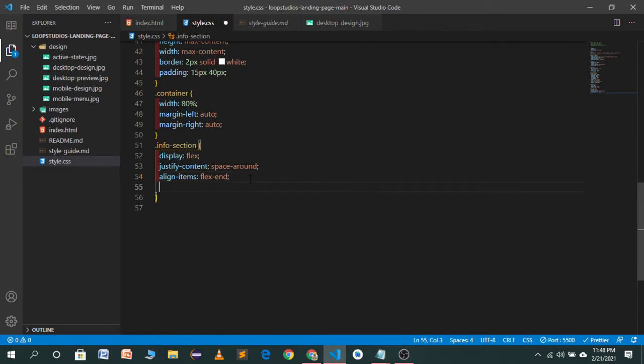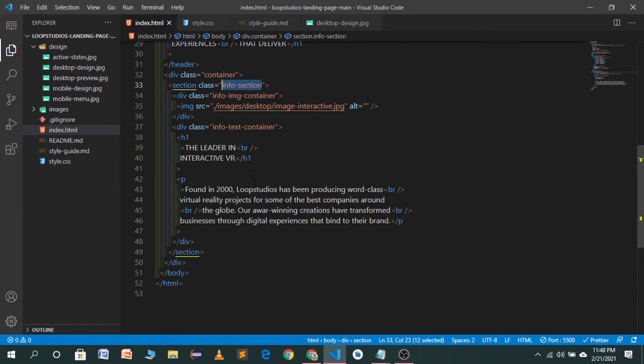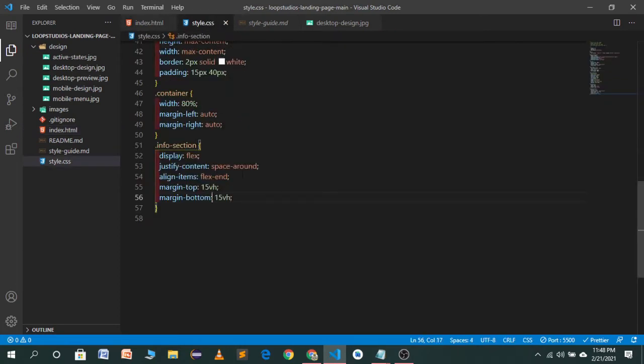So we will give it a margin top of 15 viewport height, and a margin bottom of 15 viewport height. Let's save it and go to our index.html. In this file I will copy the class name of our image container and go to our CSS file.